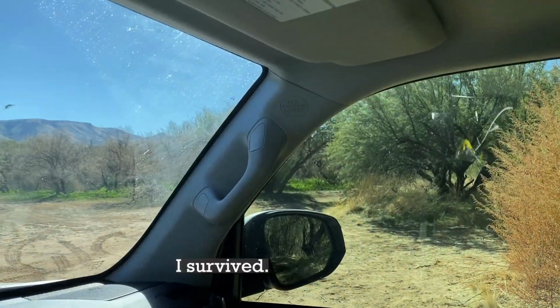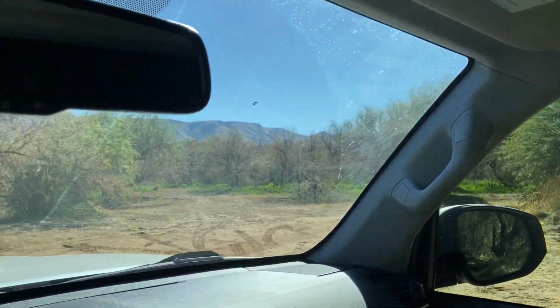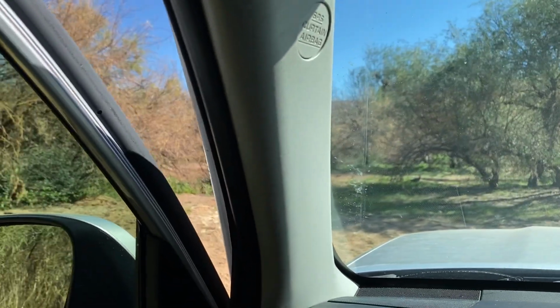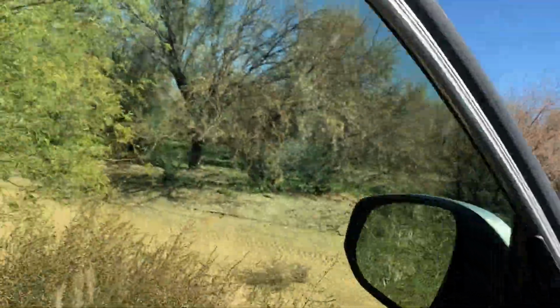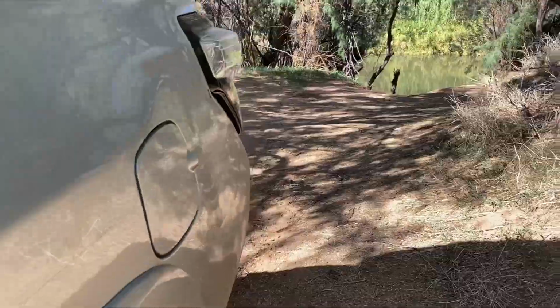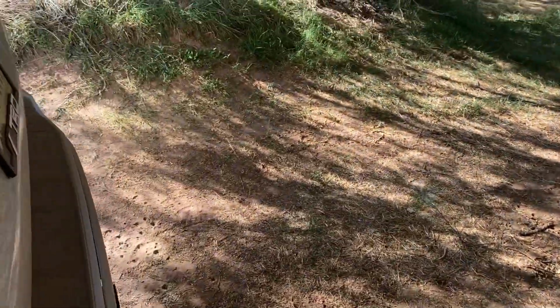I had to do some bushwhacking to get back here. I even got out at one point and broke branches off, but I still shudder to think how much pinstriping I got on the 4Runner in the process. Oh yeah, oh man. Hopefully, oh, it's just dust. Whew. Yeah, I have to do some paint correction at home, but